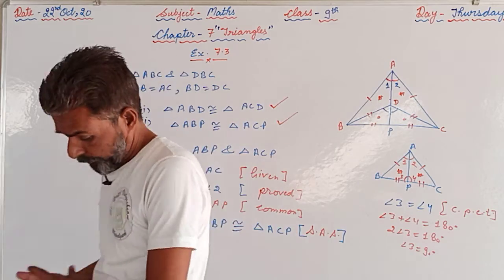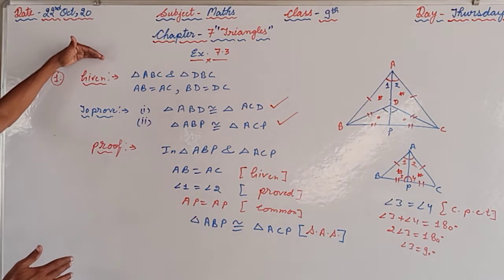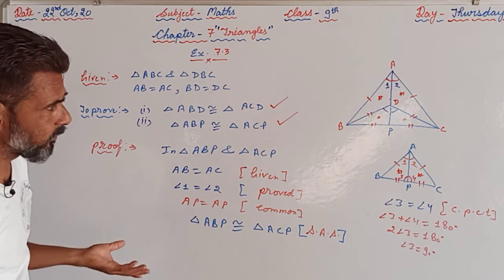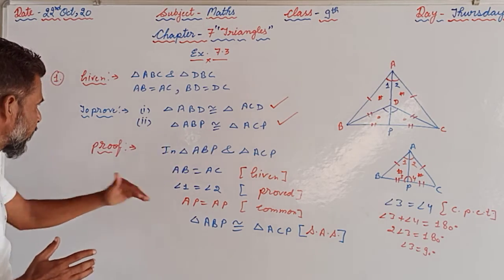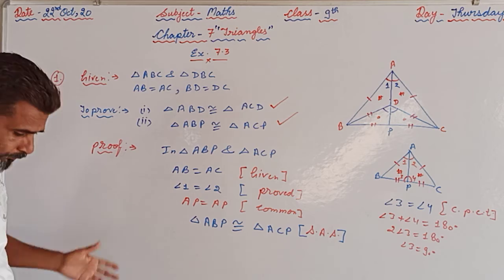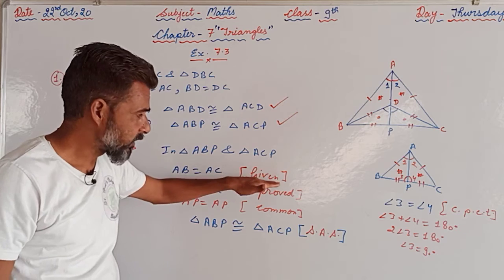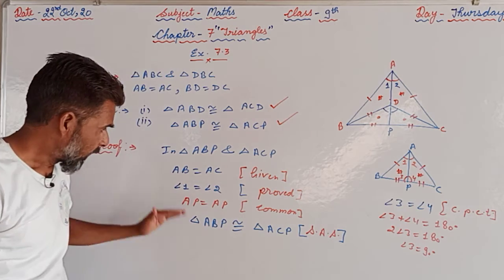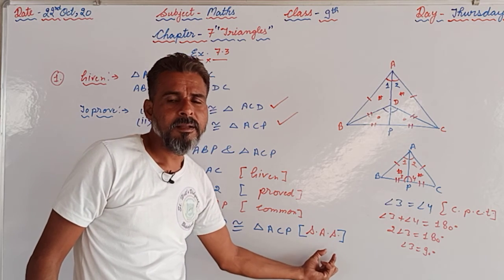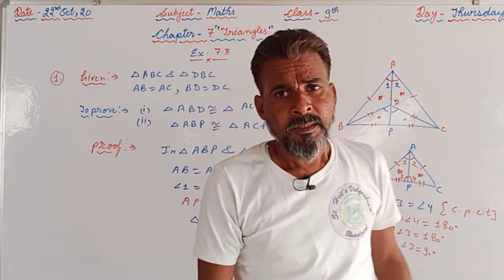Again I want to tell you the important thing: how to attempt. First of all, we are supposed to write the information given, then what we have to prove, then whether any construction is required. If construction is there, we are supposed to mention the construction here. If no construction is there, like in this question, we can start the proof. Afterwards, for any statement we write, we are supposed to supply the proper reason in front of that statement. And if we write that two triangles are congruent, we are supposed to supply the criterion we are using as well. We are not supposed to miss any of these things.